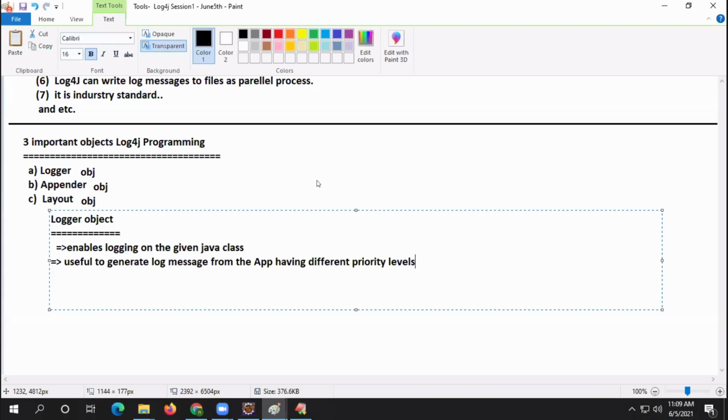What are the methods? Logger dot debug. Listen, if I write this is my log message, guys. Logger dot debug. What will be the logger priority level, guys?